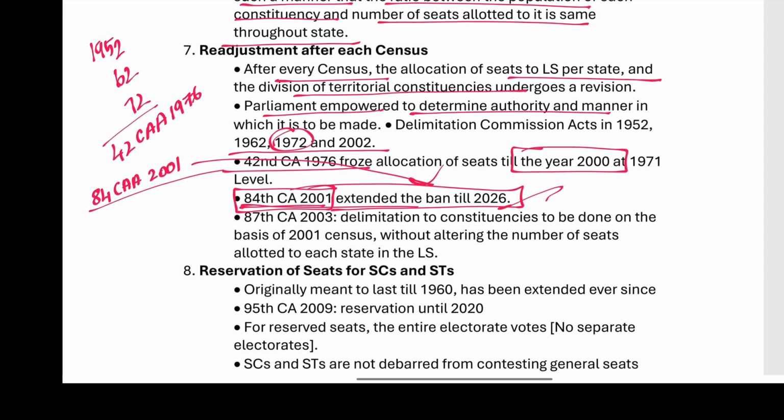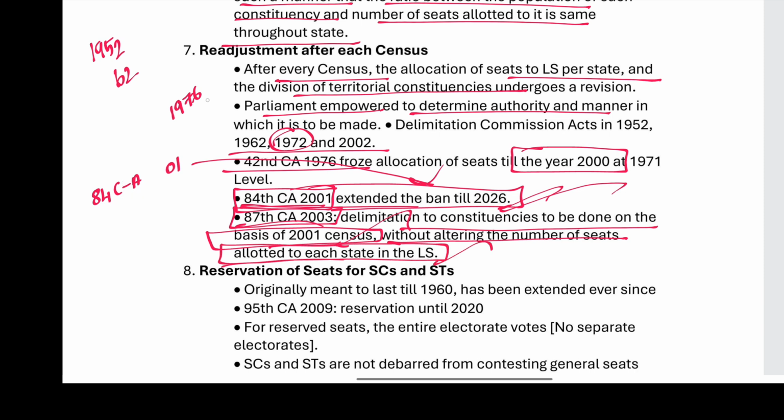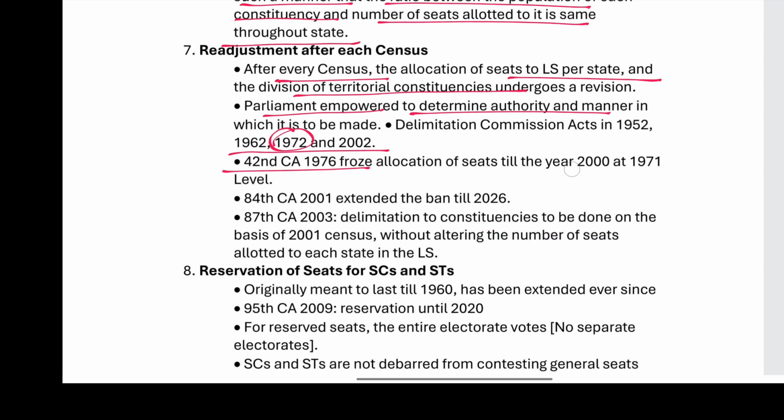Now we'll be having the 87th Constitutional Amendment, delimitation on the basis of 2001 census without altering the number of seats. Right. Now you have to delimit somehow. That is why they have mentioned that you can use 2001 census itself for delimitation from the 87th Constitutional Amendment